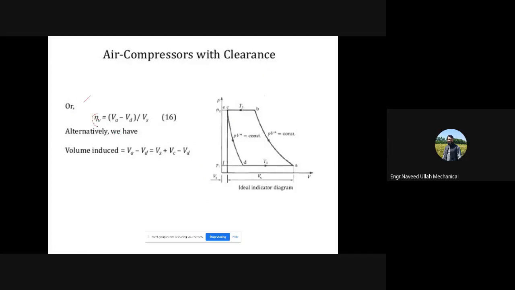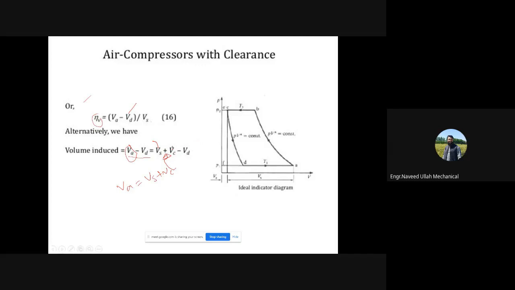that volumetric efficiency is equal to this VA minus VD, induced volume by swept volume, and induced volume you can see that this is VA minus VD. What is your VA, मैंने पहले आपको बताया था, ठीक है, VA is the total volume, that is actually the addition of swept volume plus clearance volume, so swept volume plus clearance volume, swept volume is with you, okay,